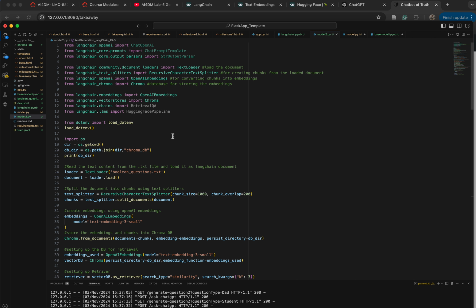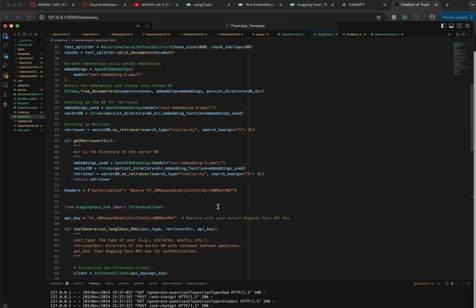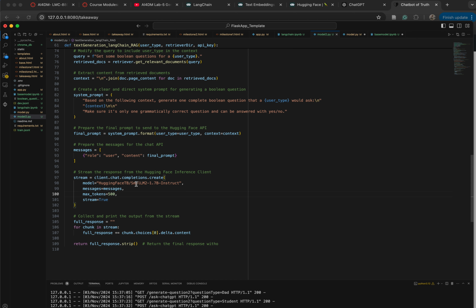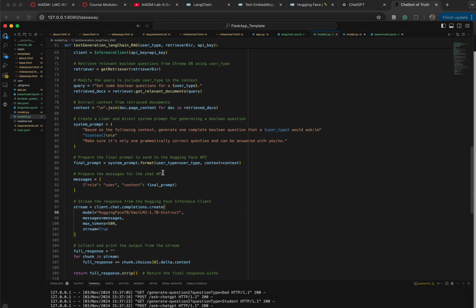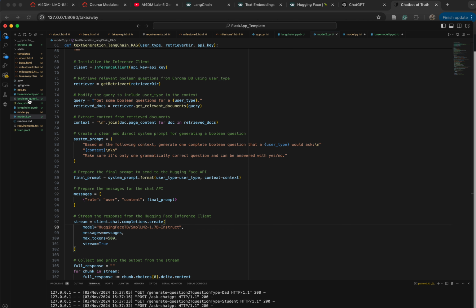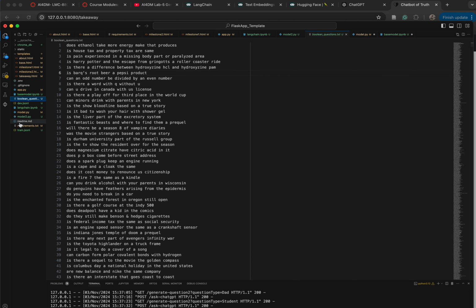For milestone two, I used another model on Hugging Face. And for the RAG, I found a Boolean question sheet on GitHub. So it looks like this.